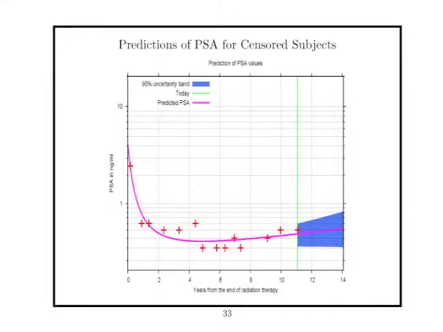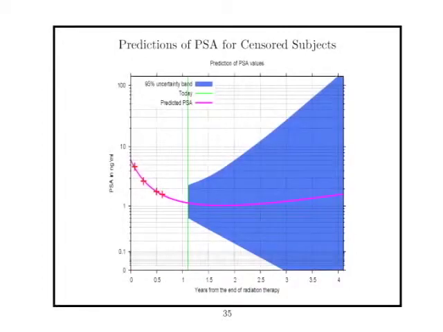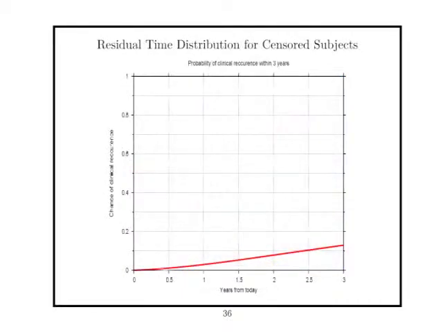This is a patient whose PSA comes down and stays down, projected to stay down, so this person has basically no chance of recurrence according to this model. So it reacts to the pattern of PSA. And here's one where there's very little follow-up, less than 1 year. We really don't know what's going to happen in the future, and that gets reflected in those curves. Probability of recurrence for this particular patient is still 13% because they might have had bad baseline characteristics or something.